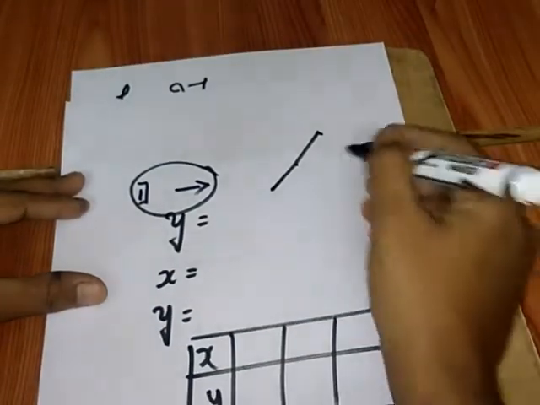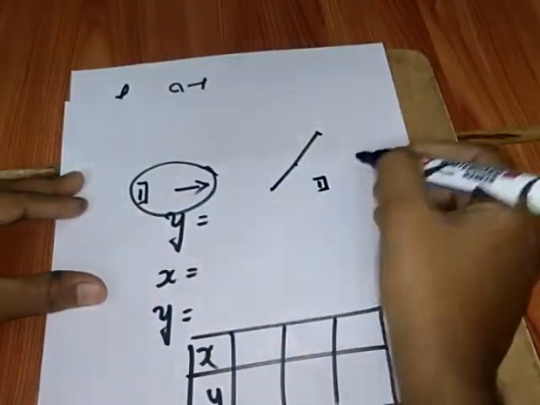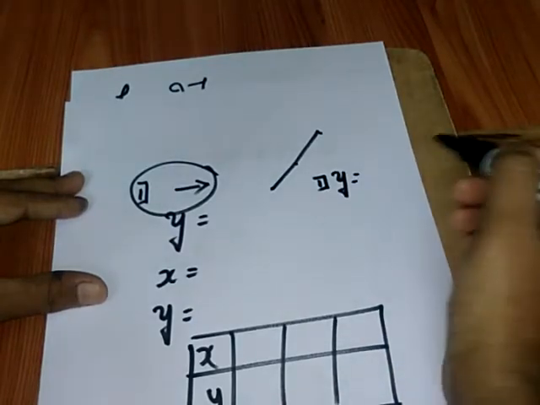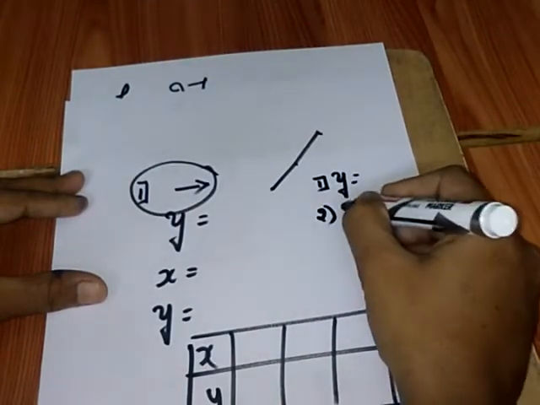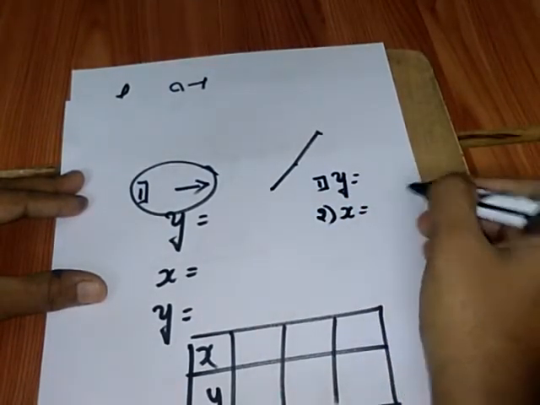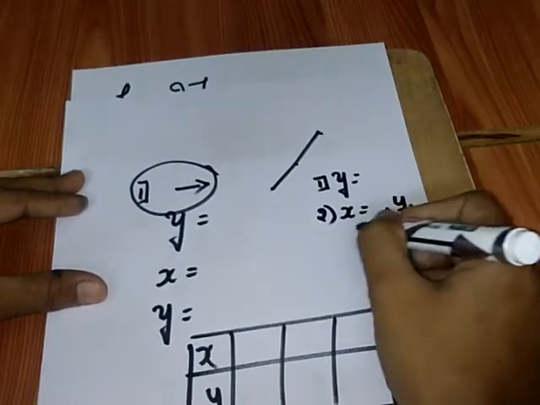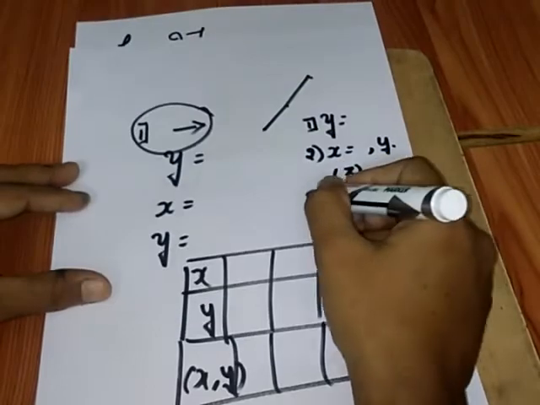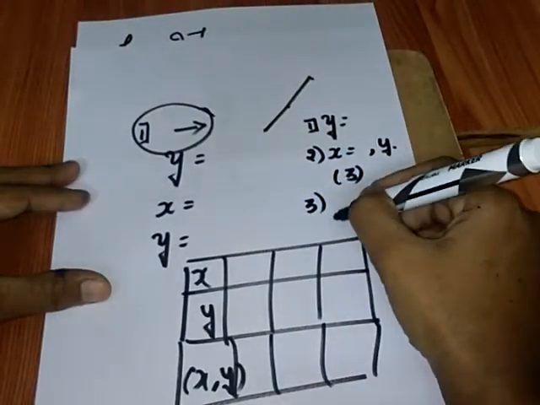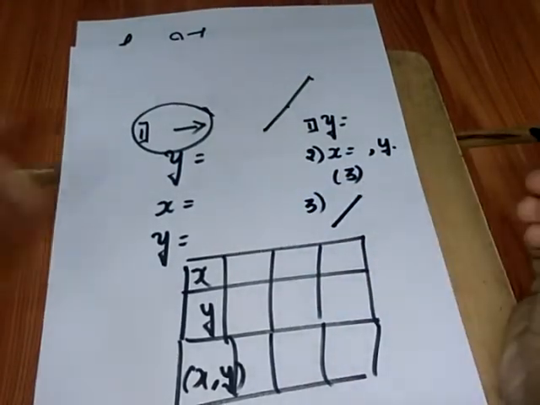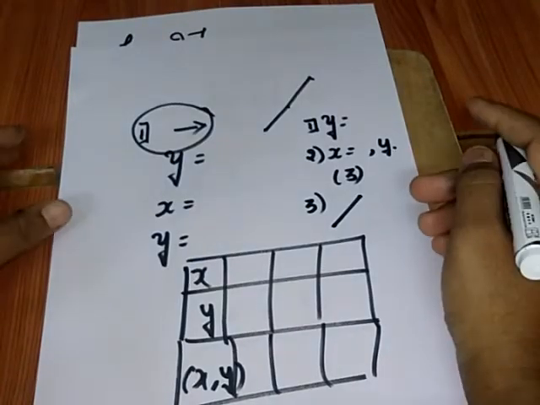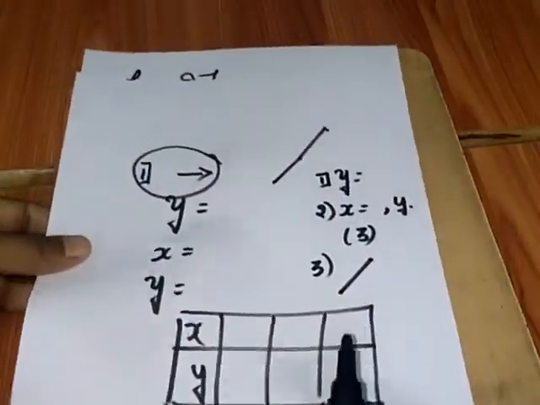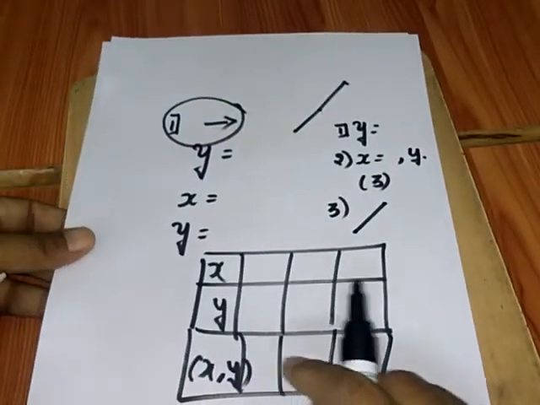Let me repeat. First step, rewrite the given equation so that it is equated to the variable y. Second step, assign the values for x and find the value of y. At least we need 3 points. And once these 3 points are marked on the graph, we will get a straight line. So these are the basic concepts which we learnt in coordinate geometry. So today let us proceed with the same steps.